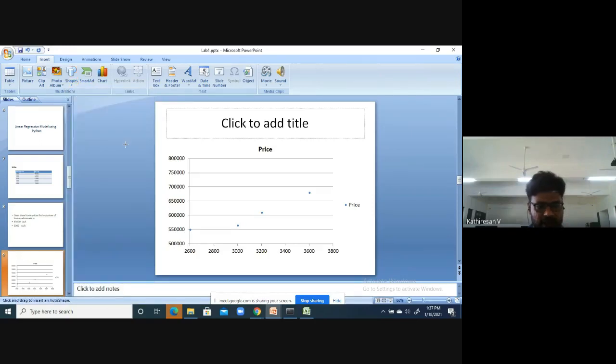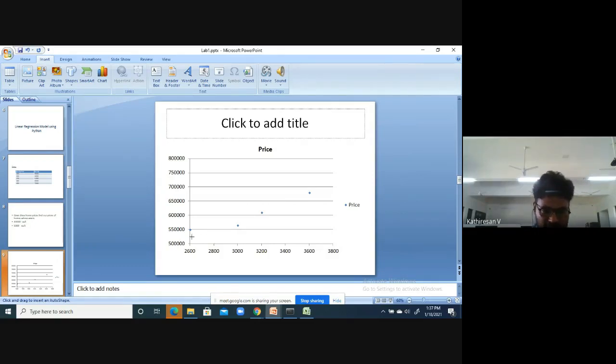I am trying to connect all the dots through a straight line. But one point is here, another one is here, another one is here. Connecting all through a straight line is not possible.